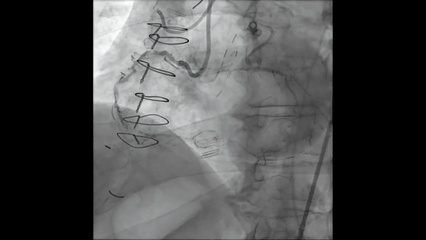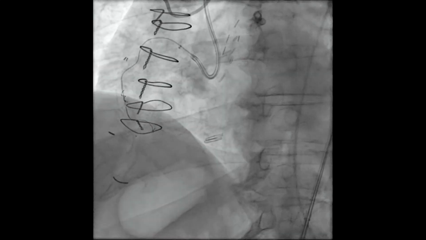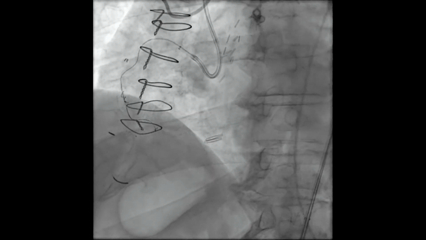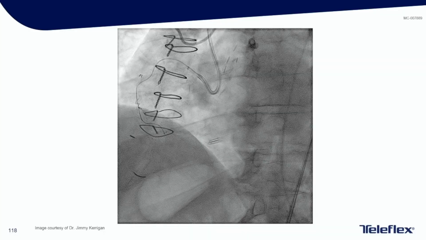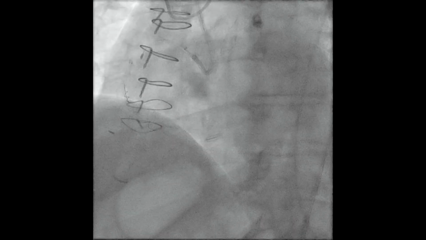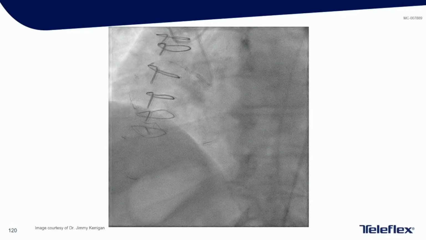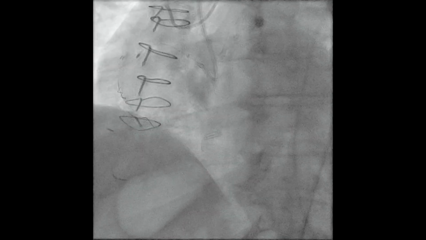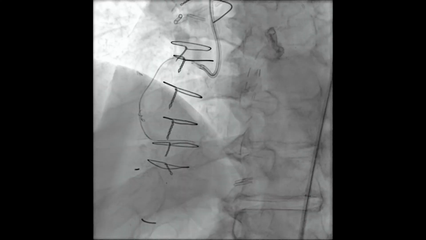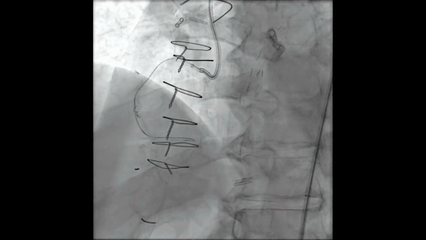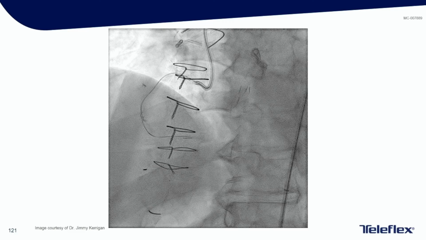On injection, had healed dissection flaps with antegrade and retrograde flow. Again, we got stuck in the mid-vessel. So in this case, we advanced the microcatheter as far as possible and then swapped our wire for a RotaFloppy wire and performed rotational atherectomy of the proximal and mid-vessel to break up the old stents and the calcium. Yay, rota. And then that allowed us to get down to the distal vessel with a knuckled hydrophilic jacketed wire,